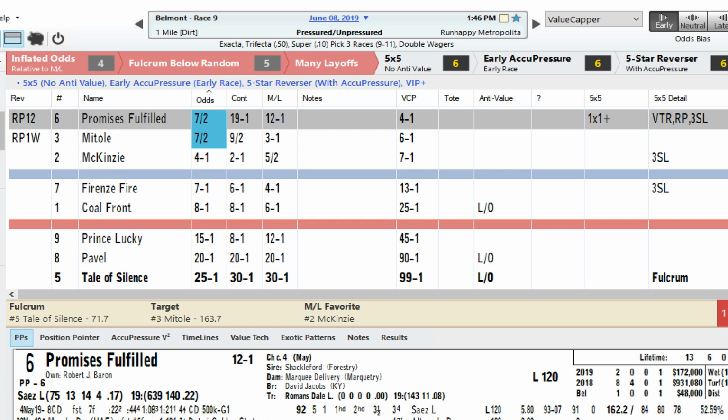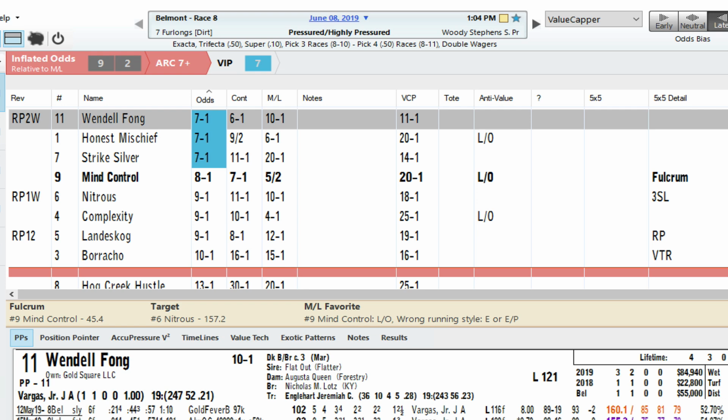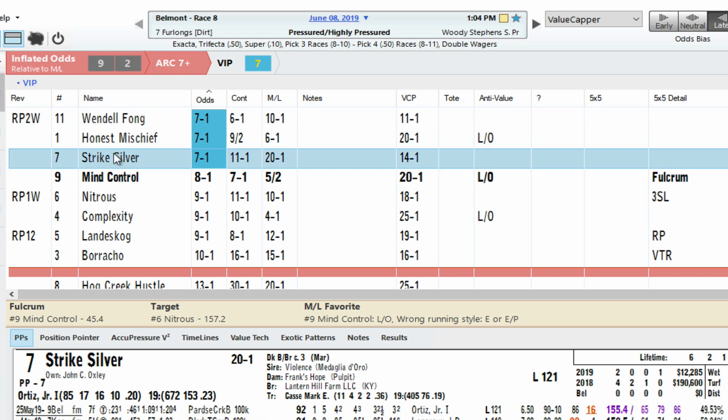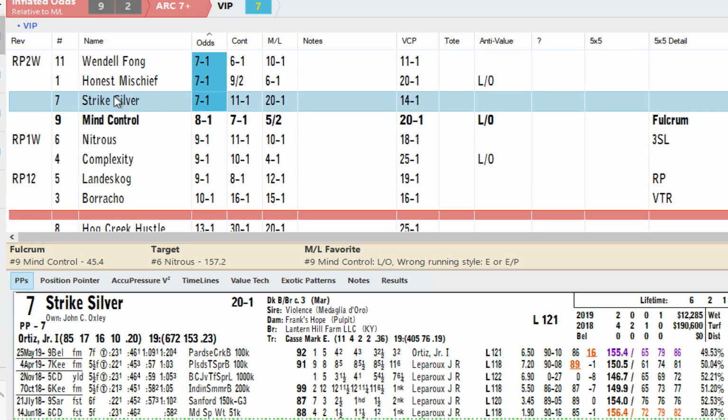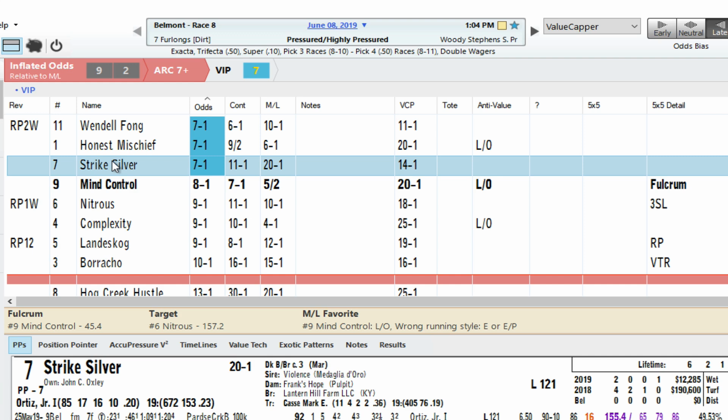Or one of my favorite races of the year is the Woody Stevens. It always comes up as a highly pressured 7-furlong race. And I've got a mix. I'm going to have to see the board. But this Strike Silver, it's got a nice closing running style. It's got a really good late fraction. It's a mess of a race. But if they give me a nice 15-1 on that, I'll have that in there. I'll use Nitrous, another closer. I'll use Wendell Fong, the early horse, to look for an early, late exotic, and so forth. So I'll mark